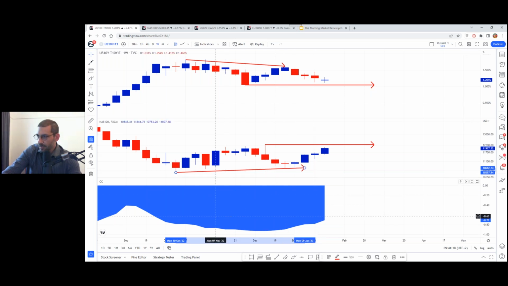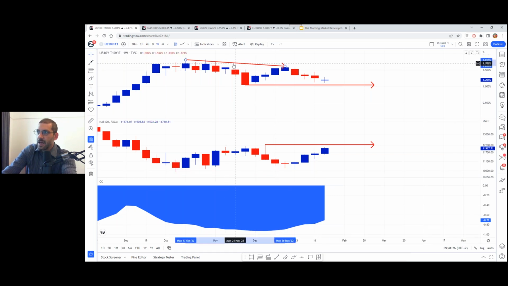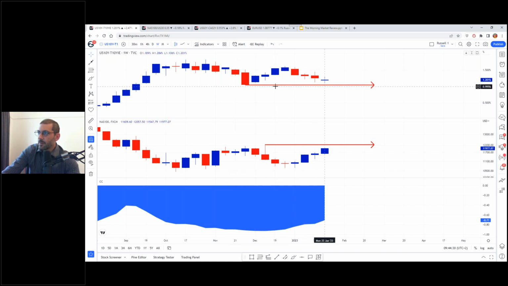We've got the correlation coefficient underneath, it's a negative 70%. So it's moving very closely together, just in opposite directions. And what I've drawn here is just the horizontal on the real rate. This is what we've got to monitor next week. Next week, we've got the Fed on Wednesday. And if it comes in dovish, I want to see if we take out this low, because if we take out this low, then we've got a lower peak, lower trough.